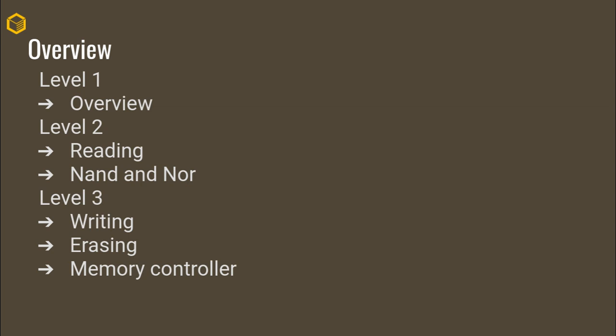Then in level two, we'll go into basic reading operations as well as look at different types of flash memory layouts. So basically, two main layouts, NAND and NOR. We'll be exploring their naming schemes and how they can affect the behavior of your memory. And then in level three, we'll really be getting into the most complex parts of NAND, giving a quick overview of how the physics behind it works, and then at the very end, we'll take a quick look at the